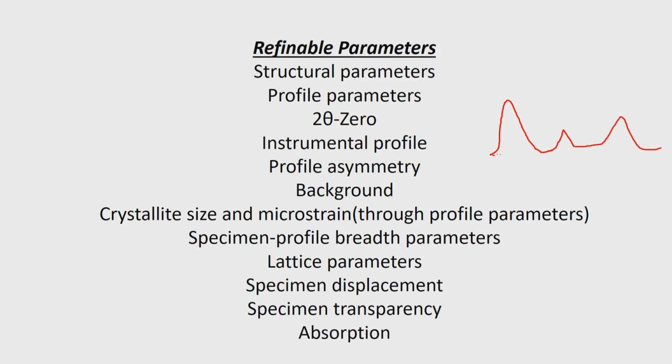Then there is a background which goes like that. The background which is going like that need not be a straight line. It can be falling off with respect to sin theta. It may be a first order function, a second order function. So we have a polynomial which takes care of fitting the background. So we can now use those as the refinable parameters, refine the functions of the polynomial to account for the background, and this is a very important factor.